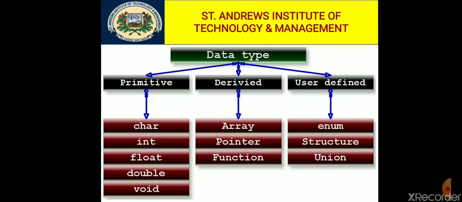Third one is float data type. A variable declared as float becomes a floating point variable and can hold only floating point numbers. A number having a fractional part is a floating point number. For example, 5.39, 5.75 is a floating point number. This number is in fractional notation.